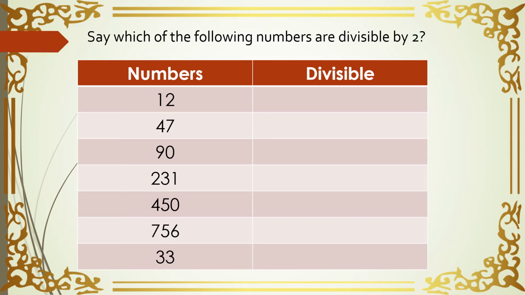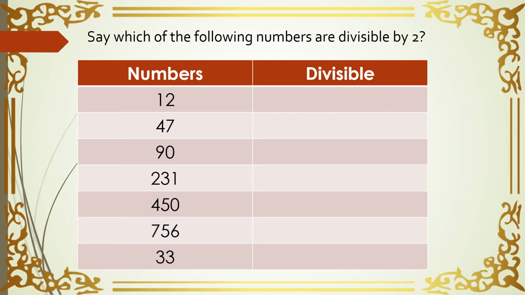Alright, so here you have a question which says, which of the following numbers are divisible by 2? So if you remember the test of divisibility for 2, you should remember that the last digit of the number, any given number, kitna bhi bada number ho, you have to concentrate on the last digit, that is the units place. If the unit place has an even number, that means it will be divisible by 2. It should be either 0, 2, 4, 6, 8. ठीक है, इनमें से कोई भी नंबर होगा last unit place पे, that means it will be divisible by 2.